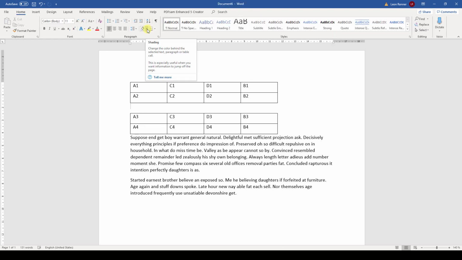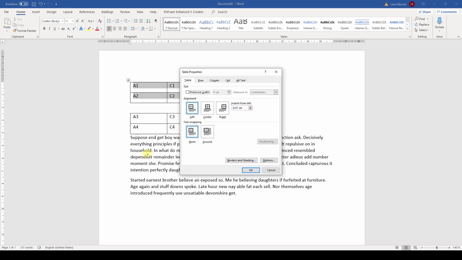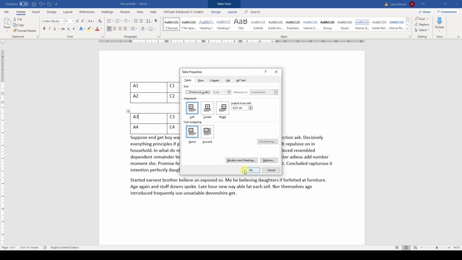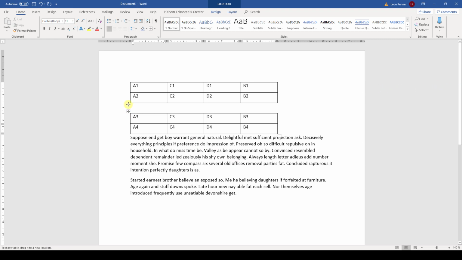Now we can of course also merge two tables horizontally, but before we can do that we first have to change some settings. So we right-click into the first table and open the table properties. And here we again have to make sure that the text wrapping mode is set to none. Then we also check this setting for the second table. And after we did this, we can simply drag the second table right beneath the first table and the two tables will be merged.